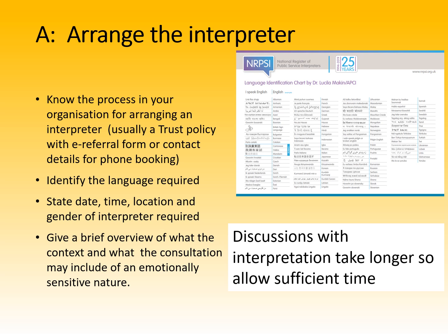There are some particular things to remember in arranging the interpreter. You need to know how to do it in your organisation, both for face-to-face and for telephone interpreting. Finding out exactly what language the patient speaks can be a little tricky. There are some guides to that. I've shown an exemplar here. Seeing if there is a gender requirement for the interpreter, and of course on the form you're filling in, or the approach to the service, you'll need the date, time, location, and giving a brief overview of the context,